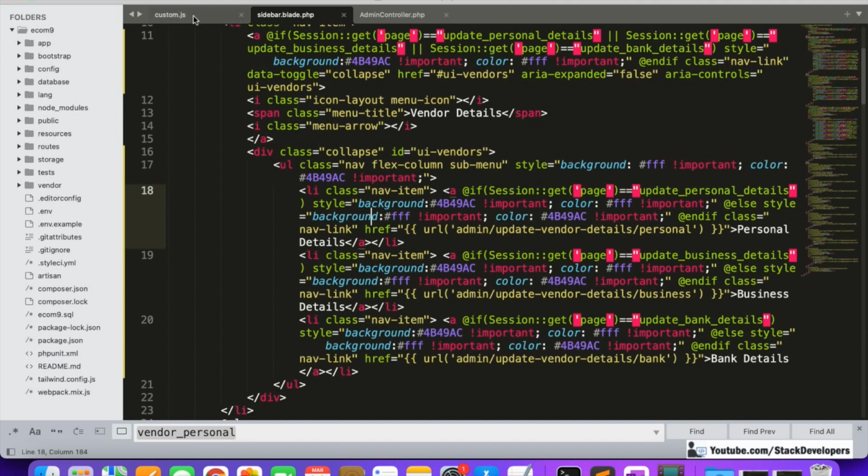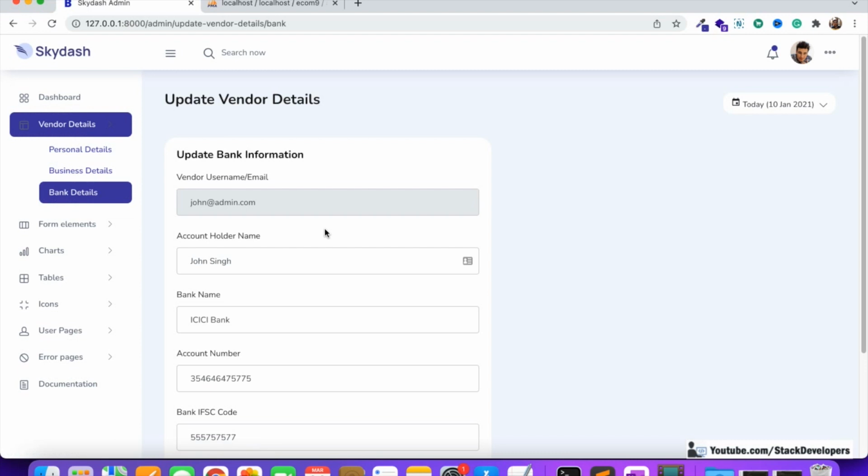So we need to move further with the e-commerce section. We now need to add the e-commerce modules, like sections, categories, and products. We are going to do all that so that the vendor can add products for our e-commerce website, and so that we can start the work at the front end as well. One more thing I want to tell you: